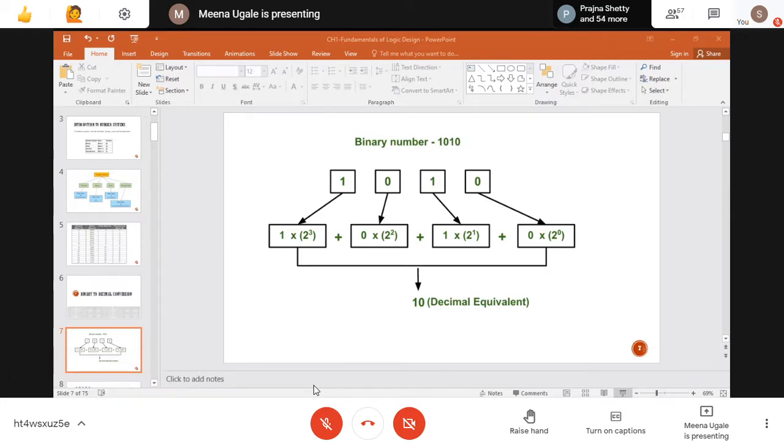I hope you all are understanding this. Note down this one example. When you want to convert a binary number into decimal, each digit in binary you are supposed to multiply by 2 raised to a power starting with 0: 2 raised to 0, 2 raised to 1, 2, 3, 4, 5, likewise. Then add up the things that you get, and finally that will be the representation in the decimal equivalent.